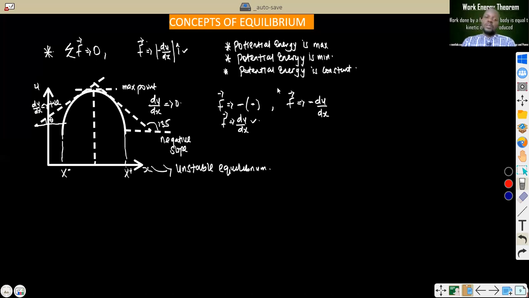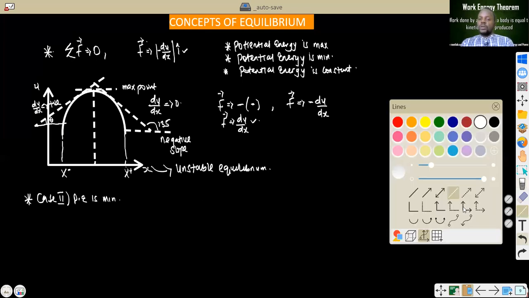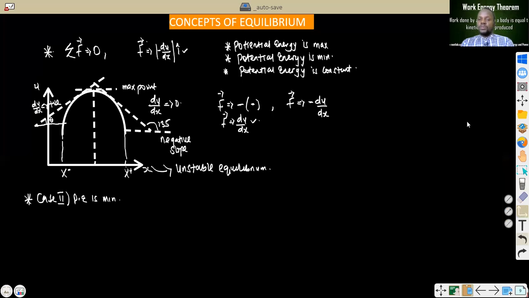And that is only achievable in a situation where the potential energy is at a maximum. So the second case, which we call case 2, for understanding's sake, is where potential energy is a minimum. So directly we can also do that and bring in our diagram as we have done in the first one. This time around, we're going to use a different color for understanding's sake. So let's say we have this and we want to draw